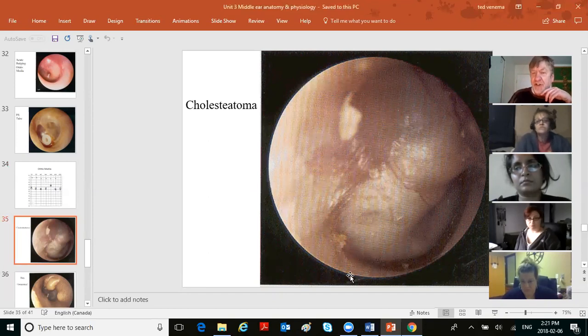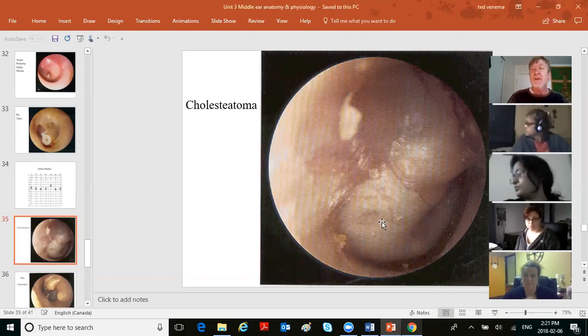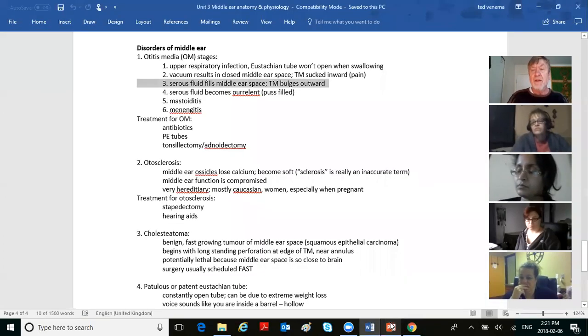It's at the edge of the eardrum, and that hole doesn't heal, and the skin starts to create tumor-like cells in a desperate attempt to close the hole, and it can't do it, and so a tumor grows behind the eardrum. That's got to be taken out immediately by a doctor, because the middle ear space, let's just show you